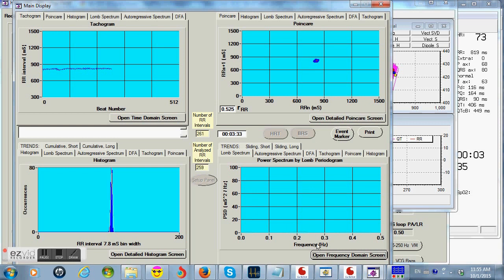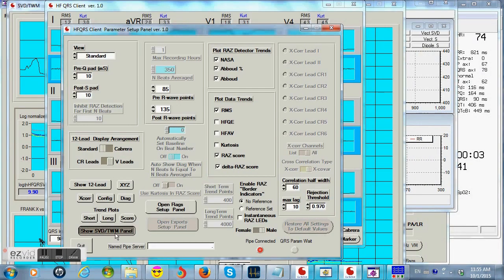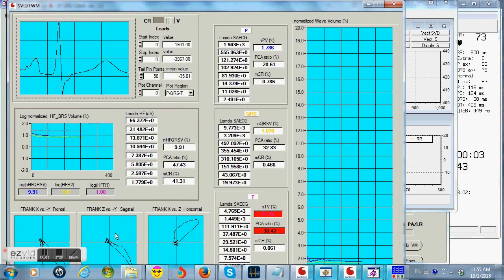Let's go on now to our next parameter, and let's look at T-wave complexity. Look at complexity in general, but T-wave complexity especially, and we can see we're red flagging here in complexity as well. That PCA ratio is well into the 30s, so that's abnormal. And some other parameters, too lengthy to explain, but so we have some other flags in T-wave complexity as well, and different ways that we look at some of the ratios there. So we have abnormal T-wave complexity,